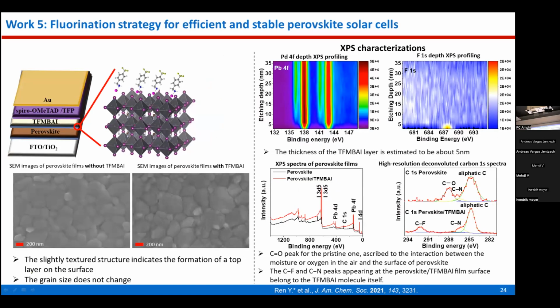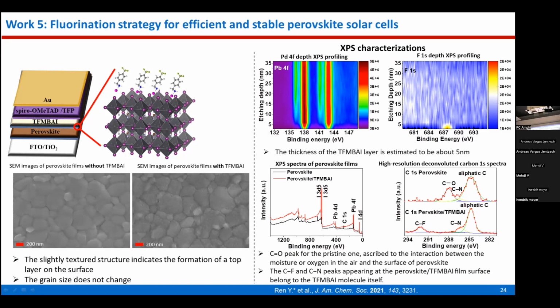So first we used the TFMBI as the surface passivator. We used SEM to characterize the surface morphology of the perovskite without and with the TFMBI passivator. You can see that with the TFMBI, there is a slightly textured structure on top. It indicates that they form a top layer of TFMBI on the surface of the perovskite. Then we used XPS profiling to characterize the